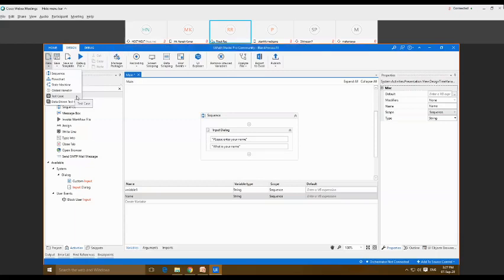If you want to use that variable only inside the sequence, then we give the scope as the sequence. But if you want to use that variable outside the sequence file, in the flowchart file, then we have to use this.